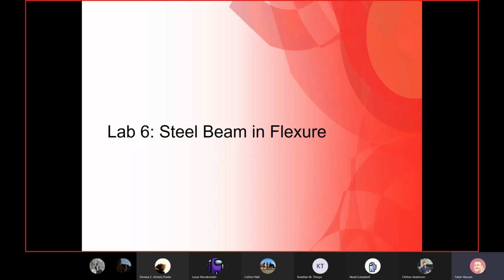Coming to an end almost, this is lab number 6. We have 2 labs to go, and almost there, there is very little left in our labs. Lab number 6 is about testing of steel beam in bending. So we will take a steel beam and we will try to bend it and see how it reacts